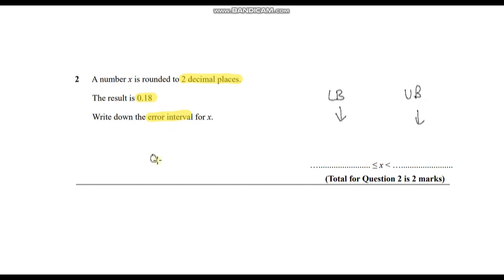So our number is 0.18 and it has been rounded to 2 decimal places. So if we first think about our lower bound, what is our lower bound going to be? Well, it's going to be smaller than this number because it needs to round up to 0.18. So what's the largest possible number it could be that when rounded to 2 decimal places gets rounded up to 0.18? Well, it's going to be